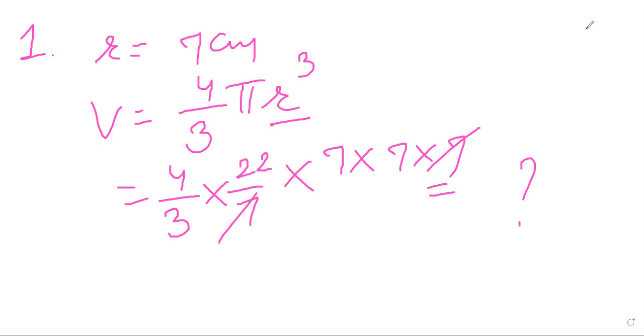It's here given radius and you have to find out volume. Second question, find the amount of water displaced by a solid spherical ball of diameter 28 centimeter. Again here we have given the diameter of a ball, 28 centimeter, and the spherical ball is given here, so it's of the shape of a sphere. और इसमें बताना है कि कितना water displace हो सकता है. So here you have to tell the capacity of the ball. ठीक है, you will find out the volume of the ball, कितना water displace होगा, जितना इसका volume होगा.